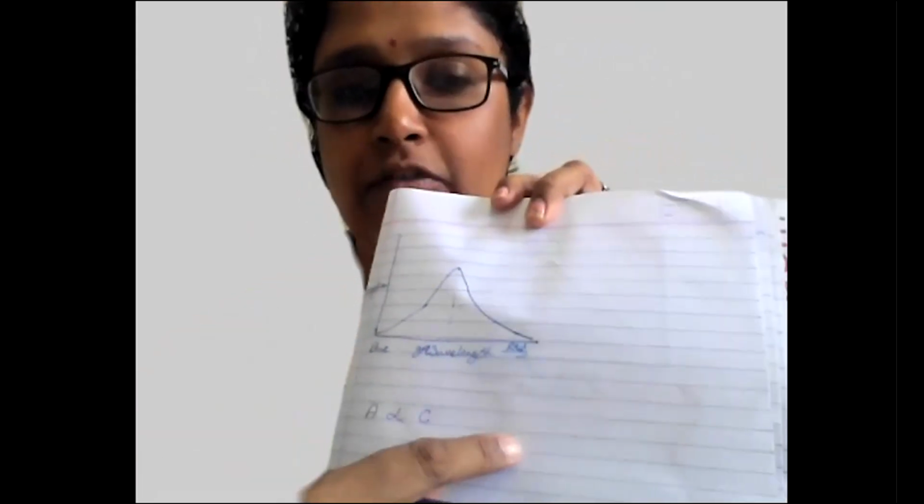Now, what are the laws governing the use of a spectrophotometer? There are two laws, Beer's law and Lambert's law, which have been clubbed together to form the Beer-Lambert law, which is used to define the principle of operation of a spectrophotometer. For a spectrophotometer, Beer's law says that the absorption will be proportional to the concentration of the solute used. So absorption is proportional to concentration is what Beer's law says.